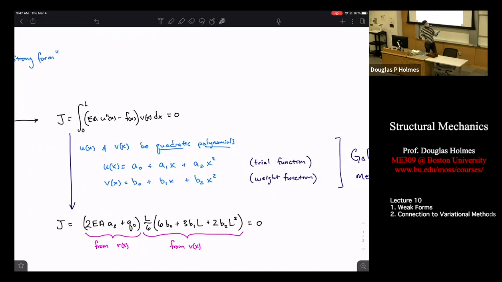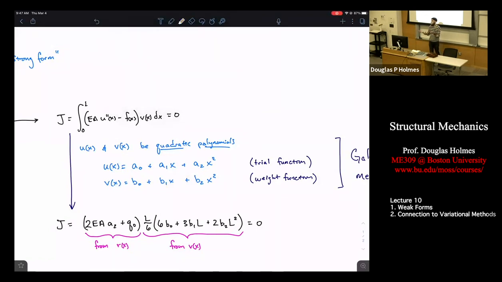Well, if this thing is some arbitrary thing that we just made up, then this quantity should be 0 no matter what arbitrary value of B0, B1, and B2 we choose, because we just made it up. So what we're going to say is that, well,